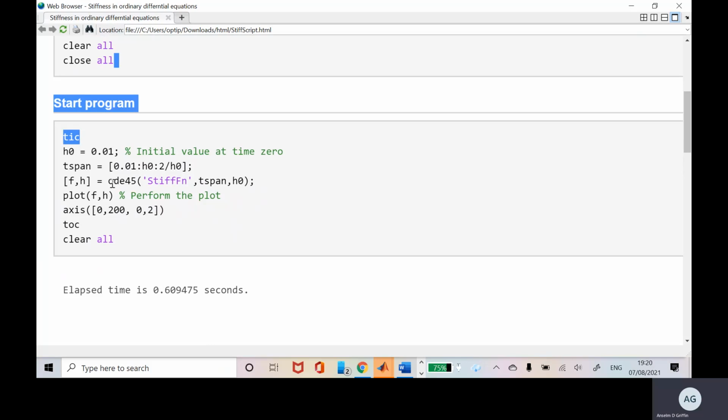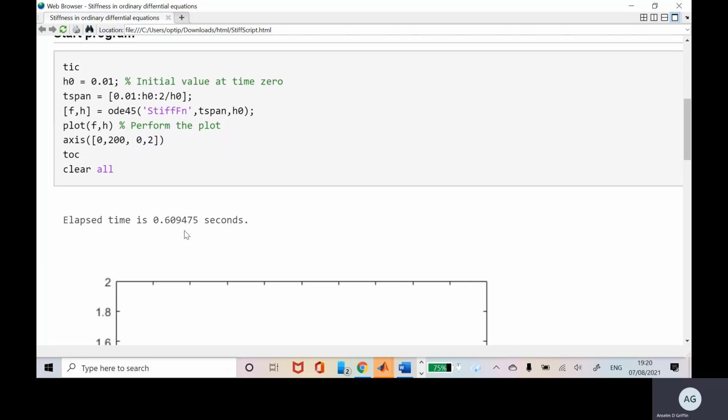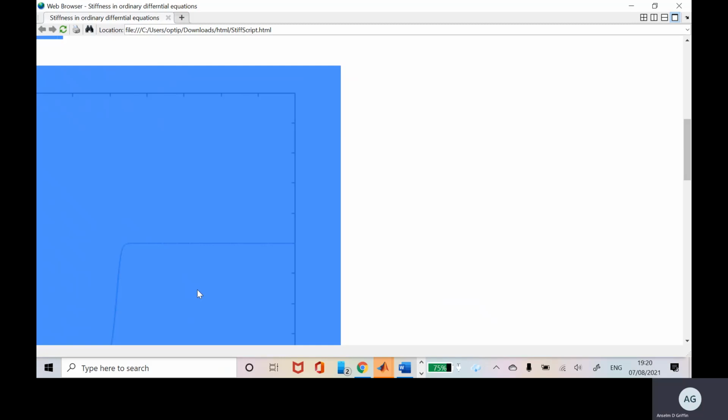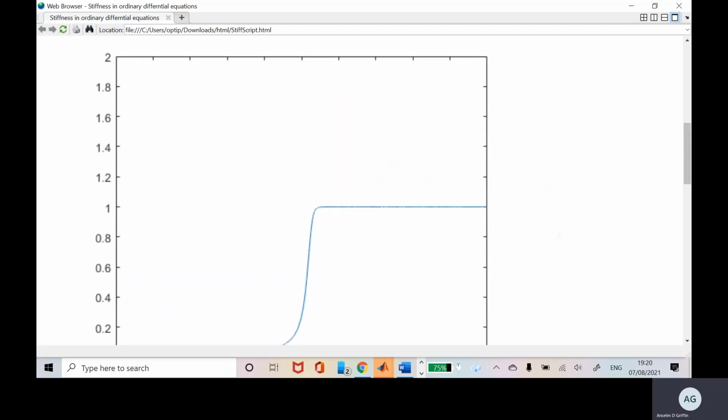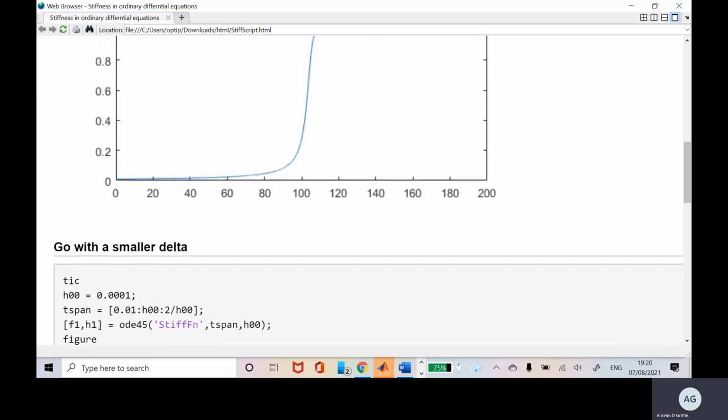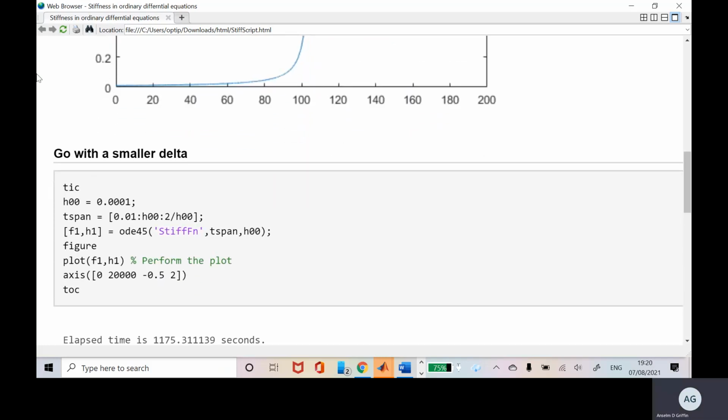And I did a tic and a toc to record how long it took. It took 0.6 of a second. And there it is. Now, if you go to smaller delta, so I've gone 2 orders of magnitude smaller, we're